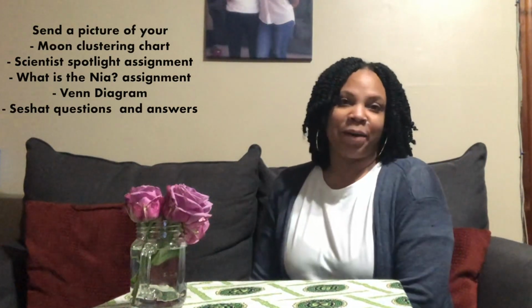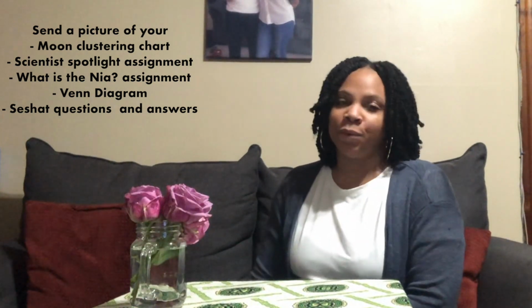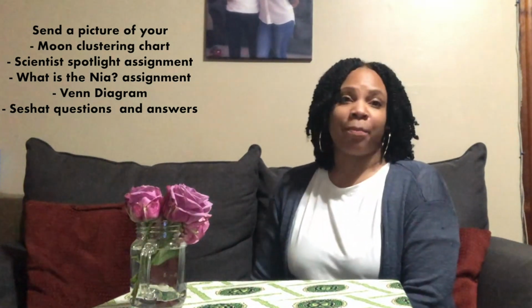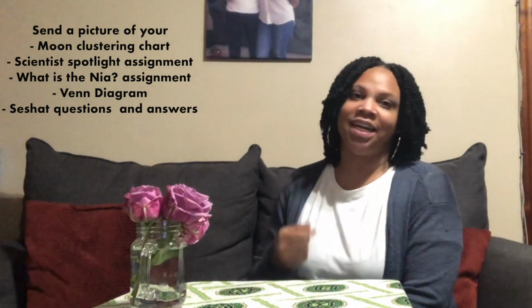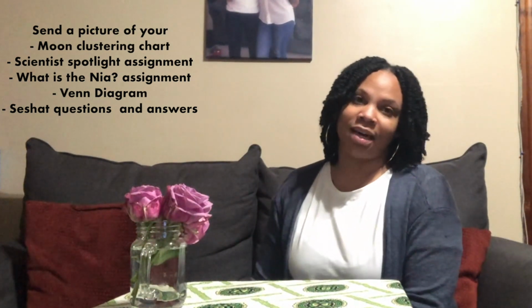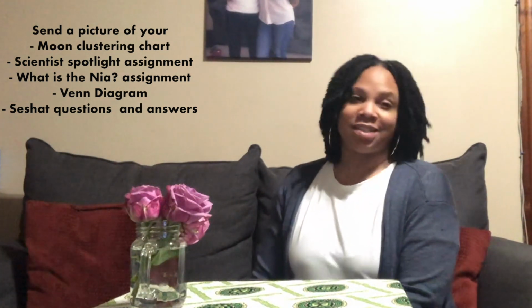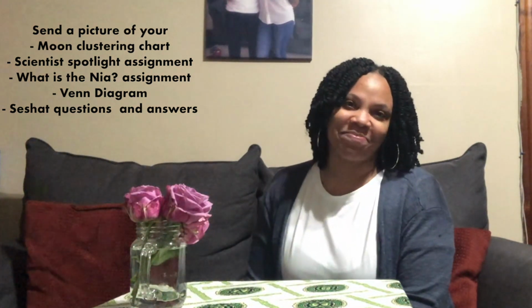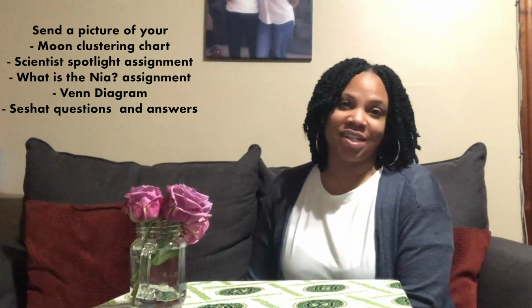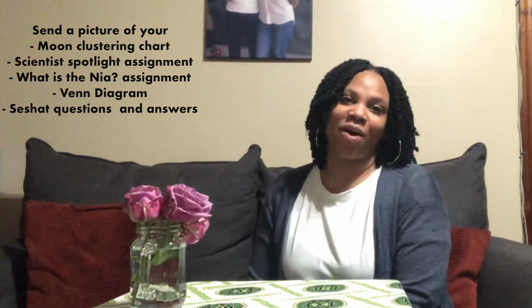Congo Nation, we have come to the end of our science lesson. Before you go, please take a picture of your moon clustering chart, your comprehension questions about the stars, the sun, and the moon, the questions you answered on our science spotlight, the questions you answered about Seshet, and of course your Venn diagram. Yay, Bo? You're going to send all of those assignments to our nation's email at